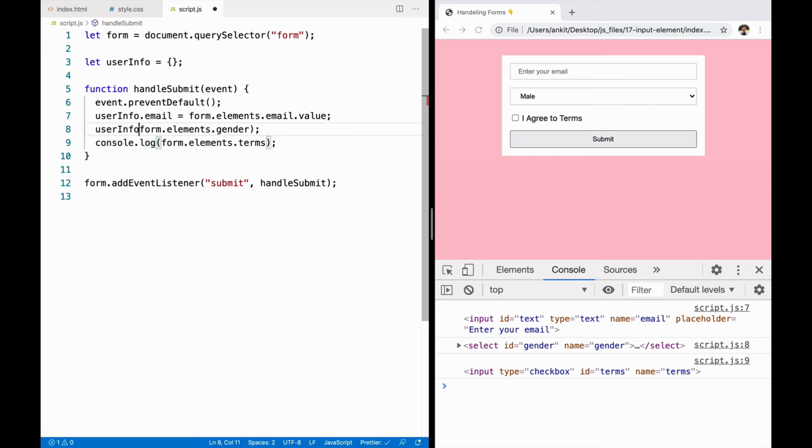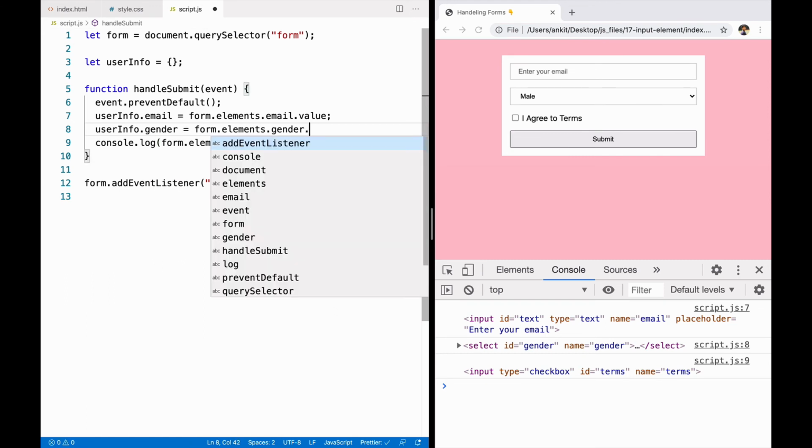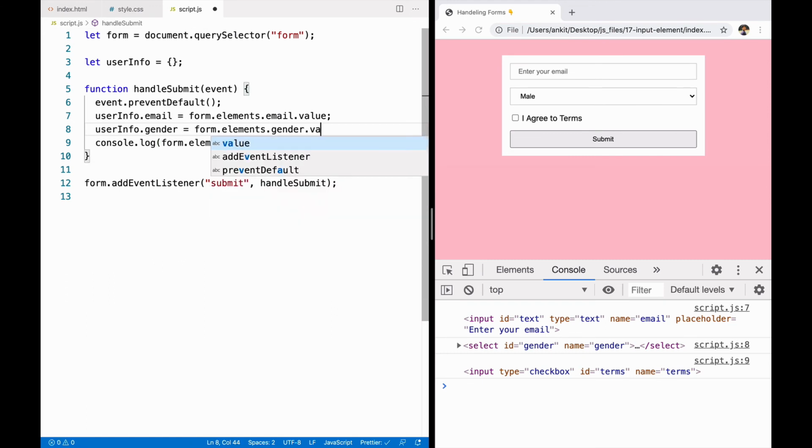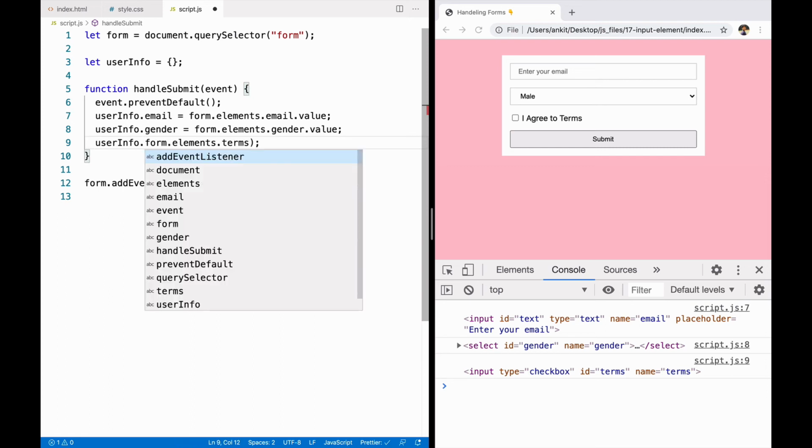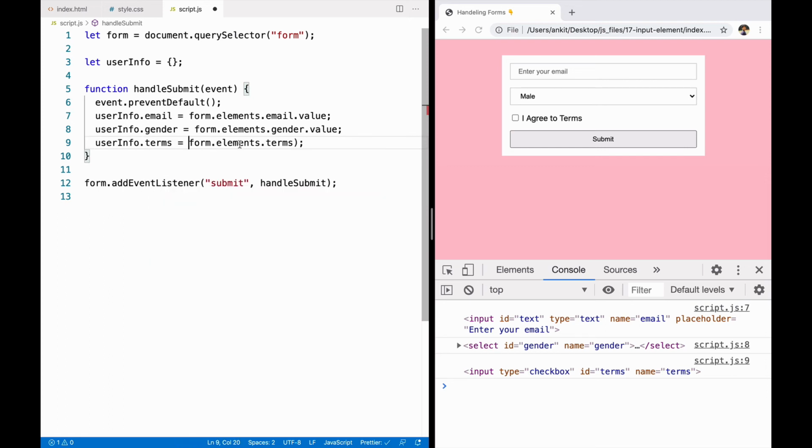Now let's go ahead and say userInfo.gender is equal to form.elements.gender will give us access to the select element where we have something called value. We'll store them inside. And at last we'll say userInfo.terms is equal to form.elements.terms. It means we get access to this specific checkbox element. It has a property called checked.